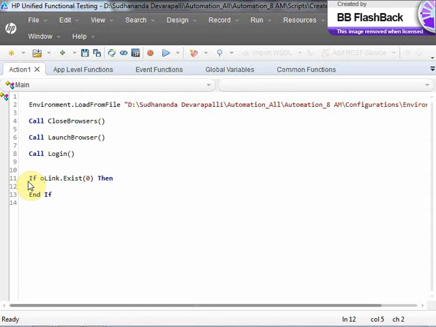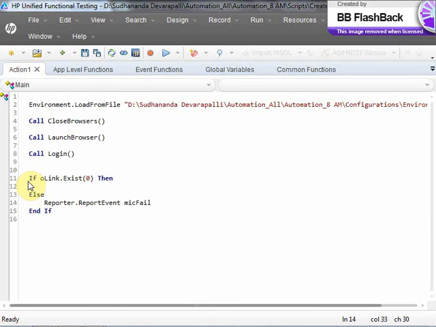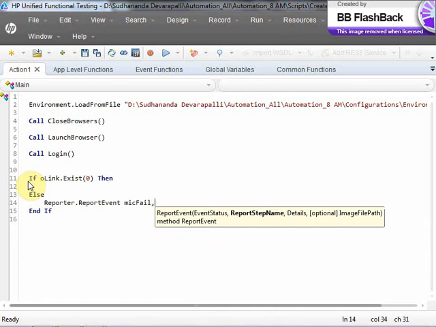For link there is no disabled or enabled property, because if the link is disabled, obviously that will not be considered as a link, then that will be considered as an element. So you don't need to verify for link whether the link is enabled or disabled, not required. You can just verify whether the link exists or not, that's it. If link doesn't exist, say reporter dot report event make fail,